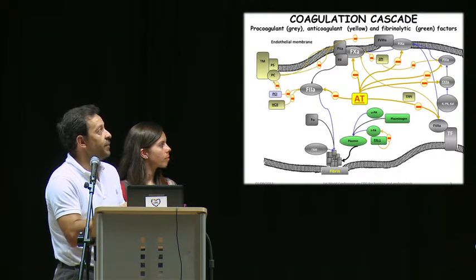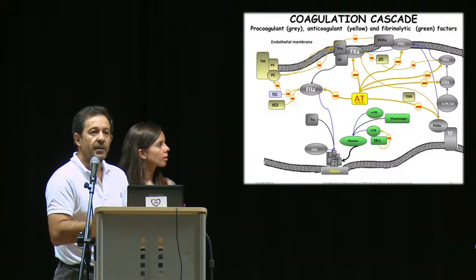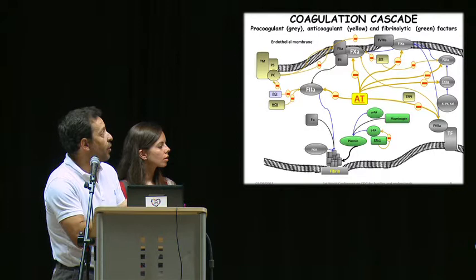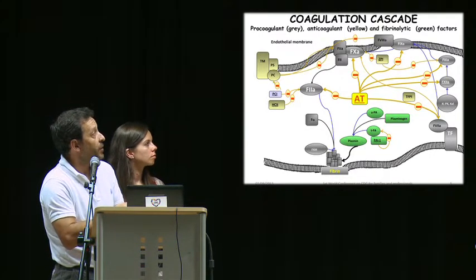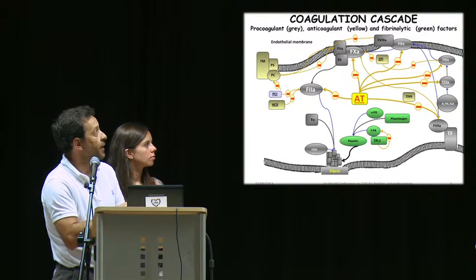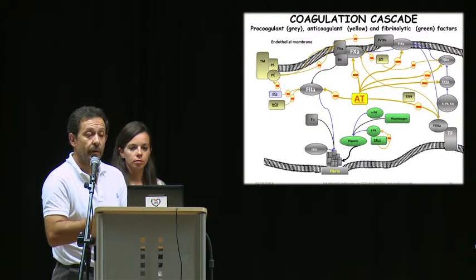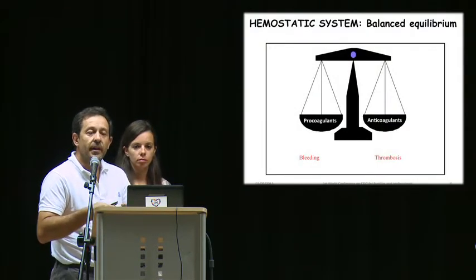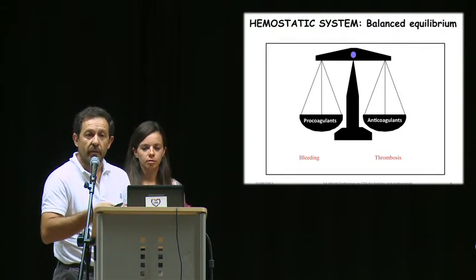Recent evidence shows that factor XI is an emerging procoagulant element, really relevant for the hemostatic system. But we also have anticoagulant elements, and you can see them here in yellow. The main one is antithrombin, because it inhibits different procoagulant proteases, but mainly thrombin. And you can also see here the elements that degrade the fibrin clot. So the hemostatic system is an equilibrium between procoagulant and anticoagulant elements.